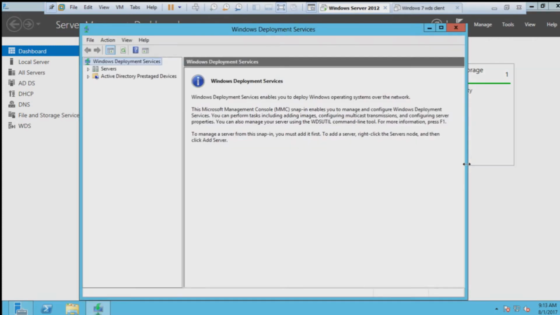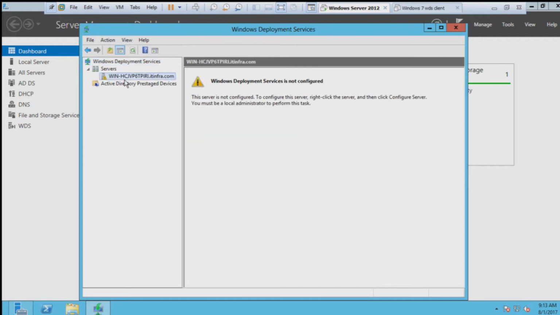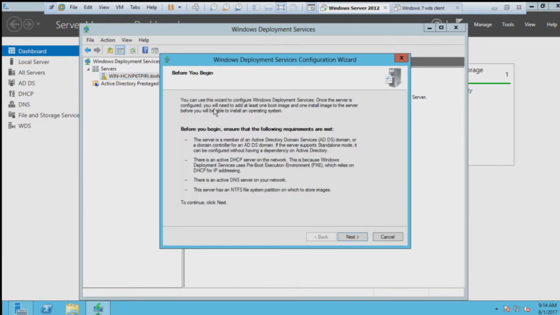and now the WDS management console is open, and you can see there is my computer name, or a fully qualified name. So this is showing that the server is not configured, so we need to configure this first by right clicking on the server. So we just need to right click there, and you can see the configure server option, and